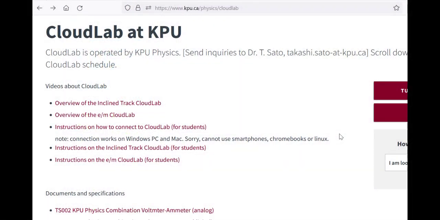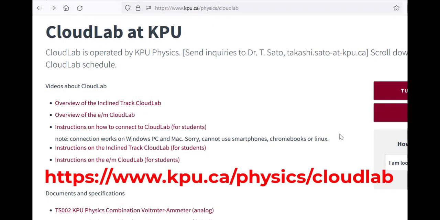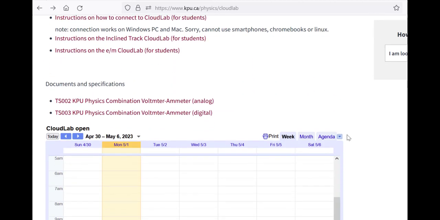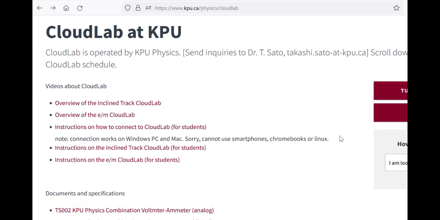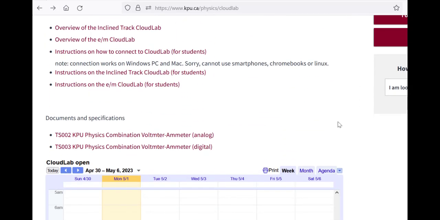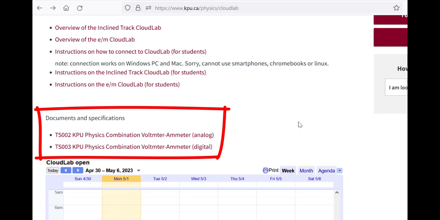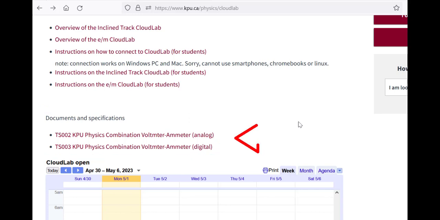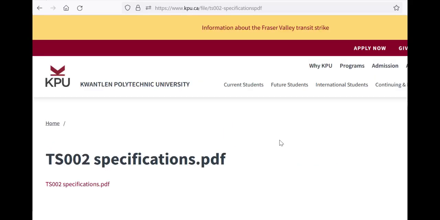Instead, you want to go back to the CloudLab page that is located at kpu.ca/physics/CloudLab. So that's the page that had this schedule on it, remember? So you go back to this page and you scroll down just a little bit, and right above the schedule, we've got this Documents and Specifications area. This contains information that was given to us by the manufacturer about the voltmeter and ammeter that we're using. And you need to get the uncertainties out of this. We're using the analog meters, not the digital meters. So you want to click on this first link. And when you get there, there's a PDF that you should open. So clicking on that,